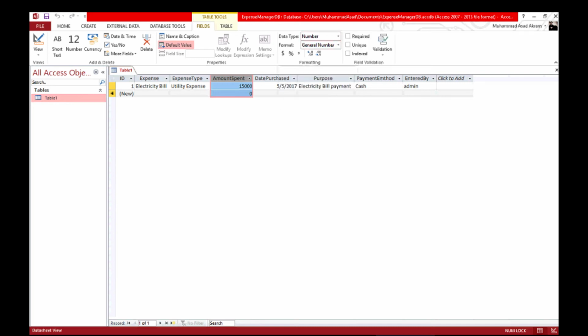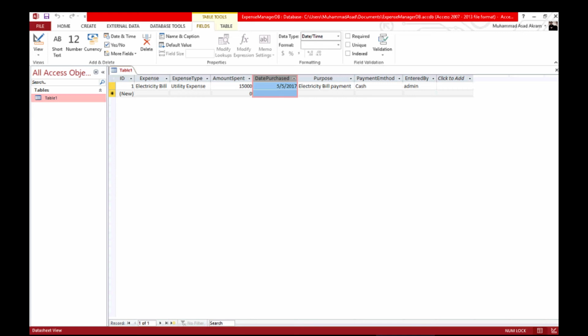Similarly, when you move to the next column, that is date purchase, you can see the data type of this column is date time. So it will only accept the date time from our software, from where we will input these values. For now we are hard coding this value just to show you how to create a database with a simple table in it. So these 3, 4, 5, 6, 7 columns will be required